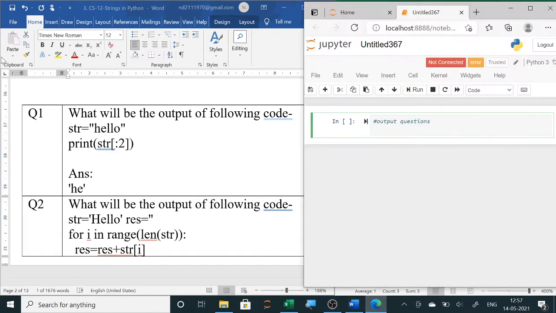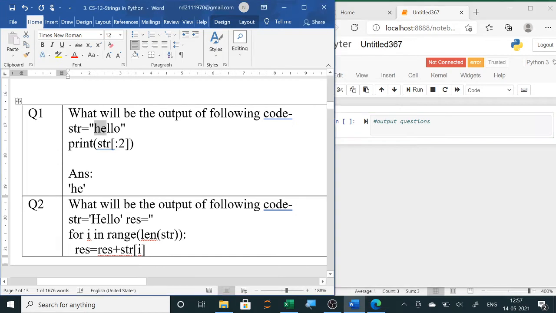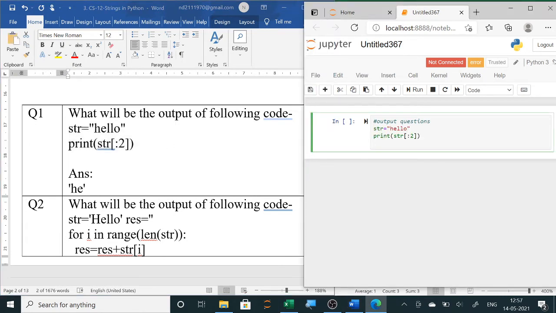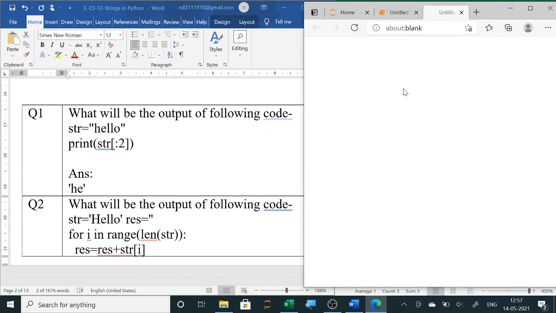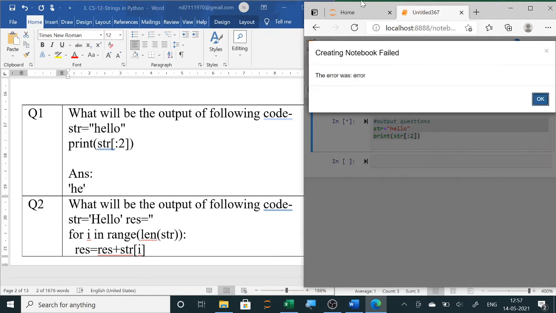You can check your answer here. I will take the code from here and run the output. Once again, since it was idle till now, maybe it is not getting executed, so I am showing it once again.